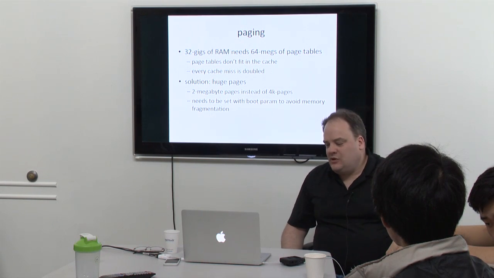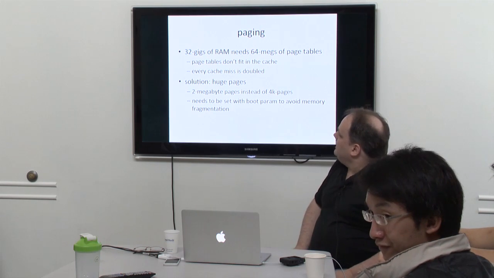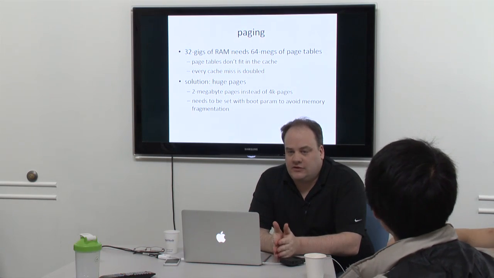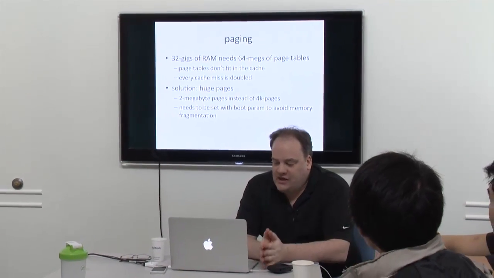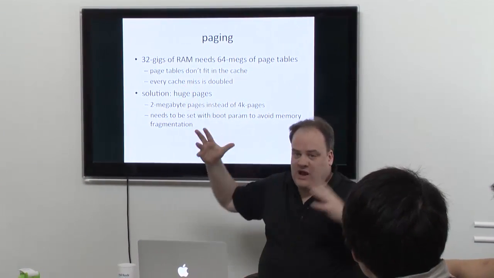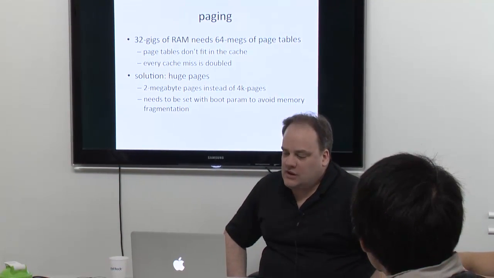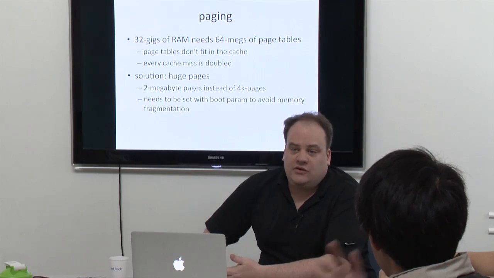Yeah, you can, but you don't really want to. What you want to do instead is huge pages. So that's what this is about. So your page size now on Linux or on x86 is 4 kilobytes in size. So the page tables, if I'm using 32 gigabytes for an application, that's what the 10 million connections needs, 32 gigs. That means I'm going to have 64 megabytes of page tables. That doesn't fit in the cache either.